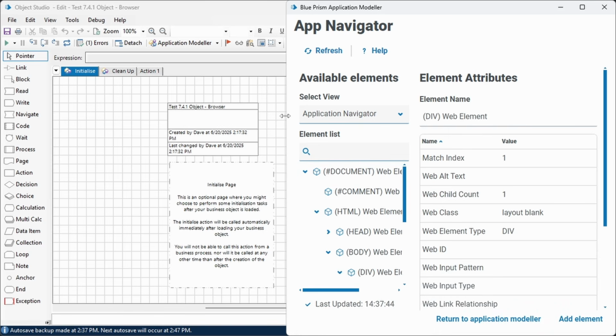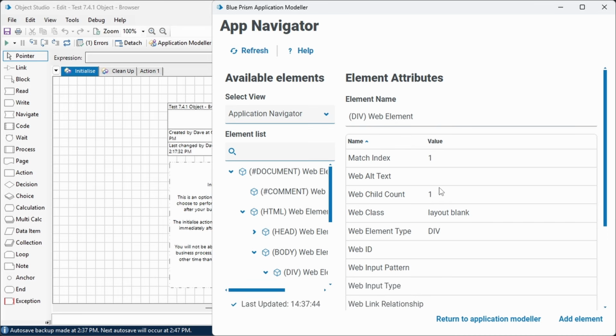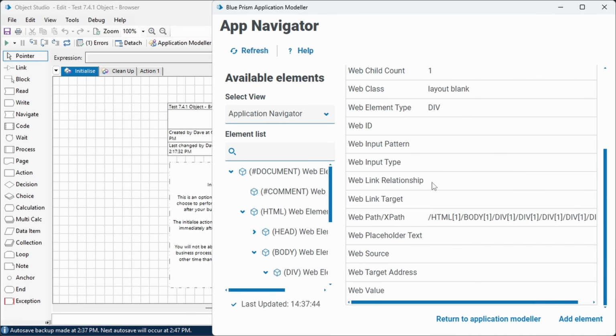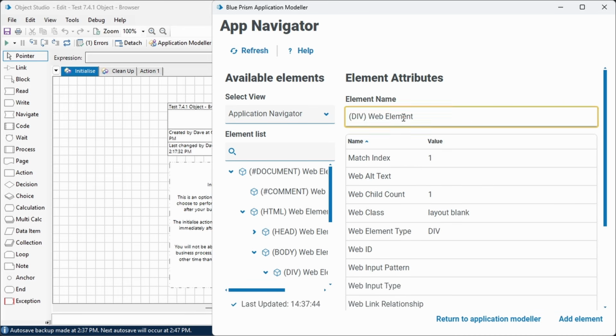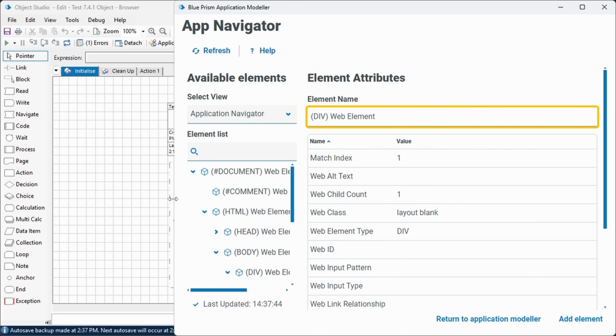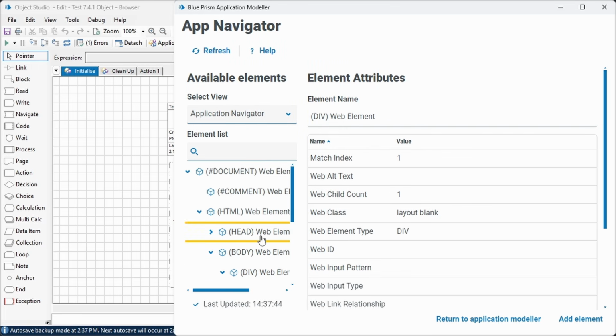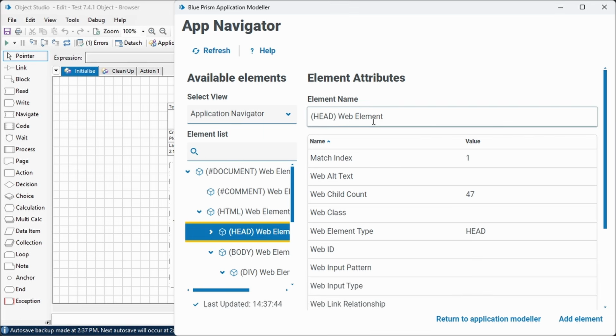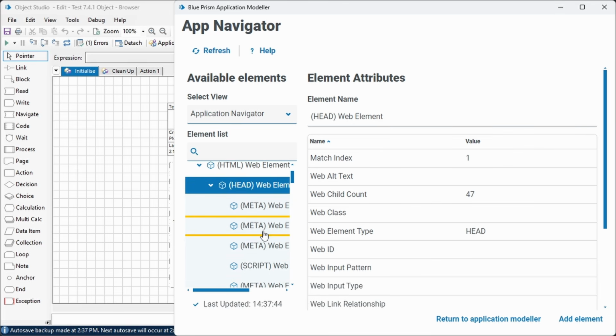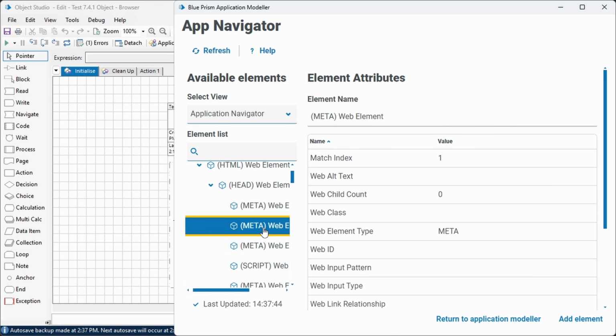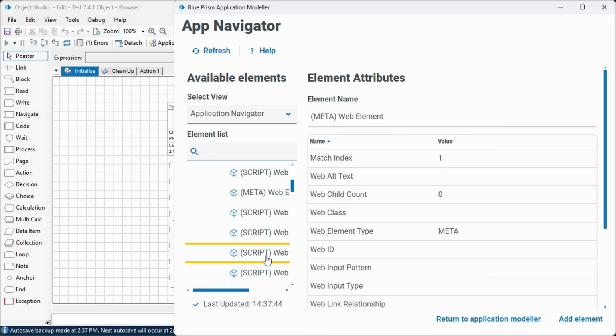Oh, it's working. Okay, so this completely didn't work for me yesterday. I am glad to see that it does work, but it may have some instability, so just recognize that. And if you have a lot of problems with it, report it to Blue Prism. It does seem like it's a little slow. I don't know why that would be, but this is an incredible amount of time to have to wait